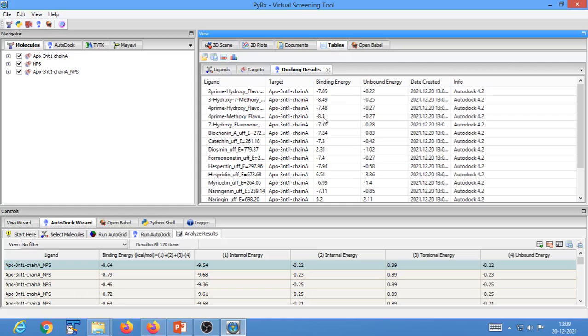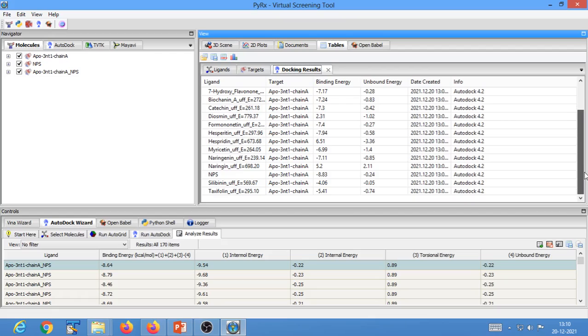So these are the results. If you go to table and open this docking results tab, you can see what the results are, and it says that the binding free energy of 2'-hydroxyflavone in the cyclooxygenase enzyme is minus 7.85, while the binding free energy of the diosmin molecule is 2.31. So the binding free energy for the standard compound that we have used, the standard inhibitor, is minus 8.83,